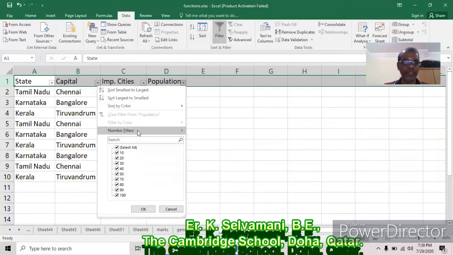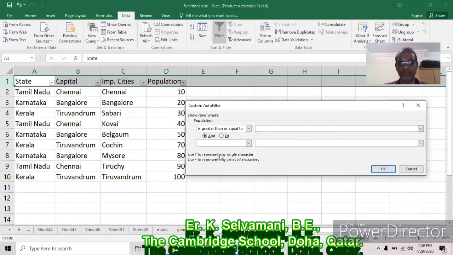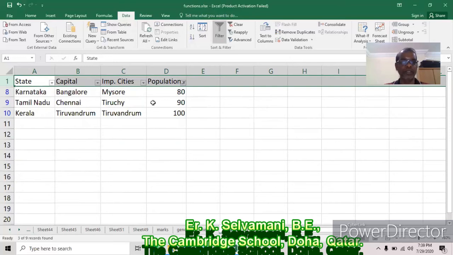Here, Number Filters, Greater Than Or Equal To 80. That means show rows where population is greater than or equal to 80. So 80, 90, 100 will come. We will see 80, 90, 100, the most populated cities.